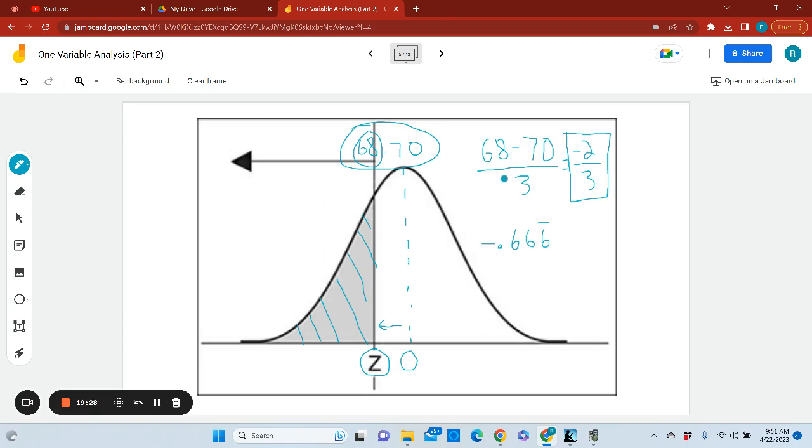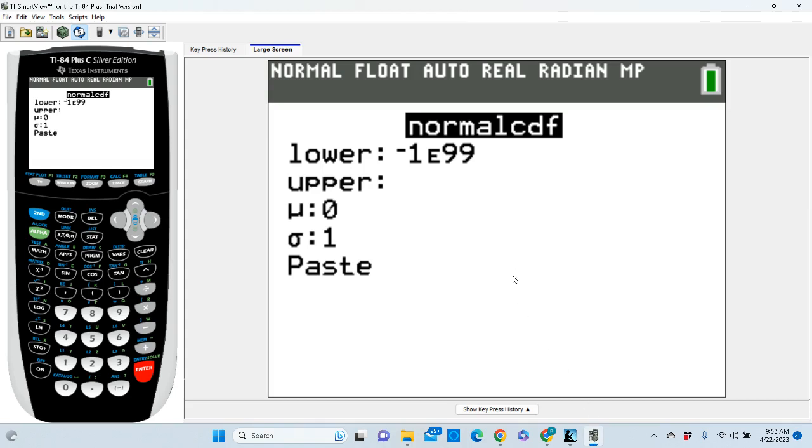I can use the actual raw data from the data set. I can use the mean, I can use the exact score I'm given, and I can use the standard deviation they give me for the data set. So in this case, they gave me a standard deviation of 3. So when I pull this up, I can say, okay, I want to know what percentage of people I did better than if I got a 68 on an exam that had an average score of a 70,